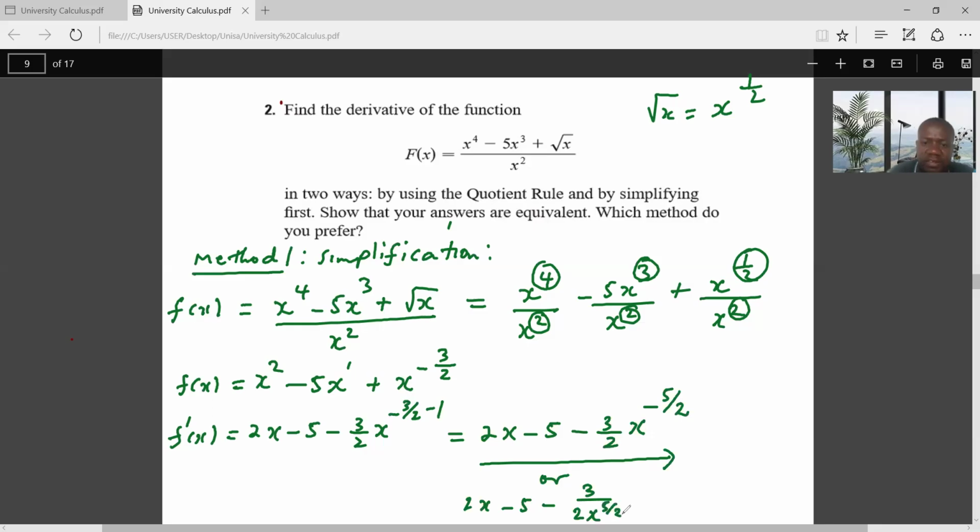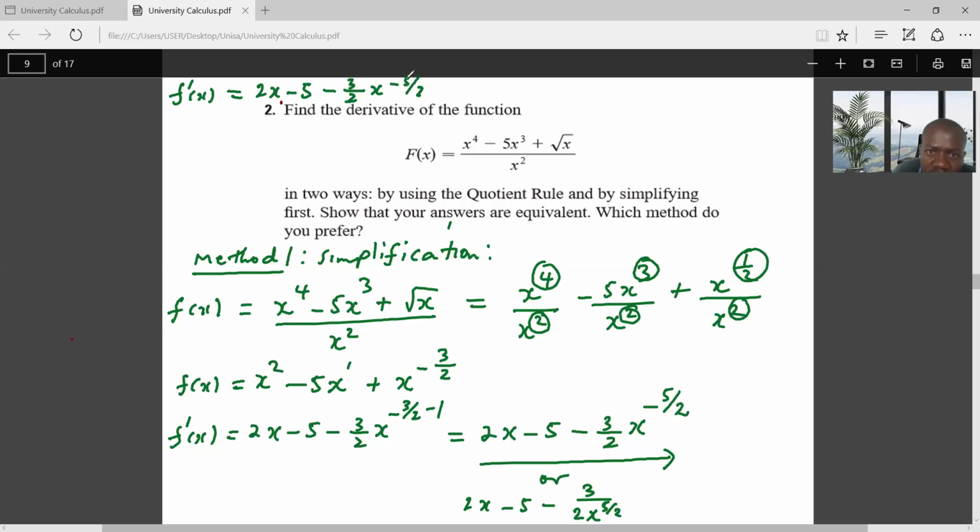But just for simplicity, let's just leave it here. So let's write the answer that we got here. When we use the first method, this is what we got: 2x to the power minus 5 minus 3 over 2 x to the power minus 5 over